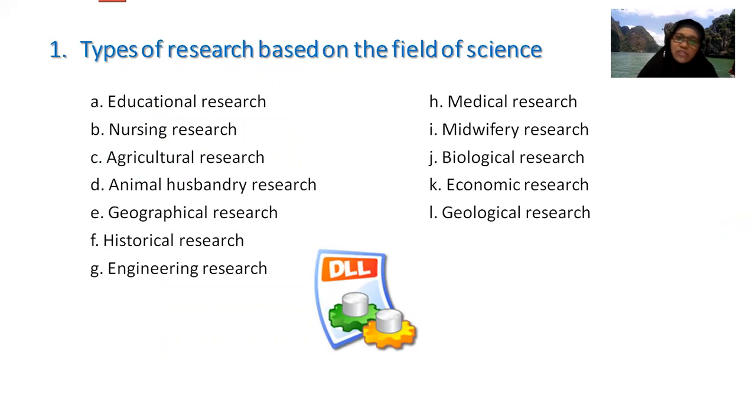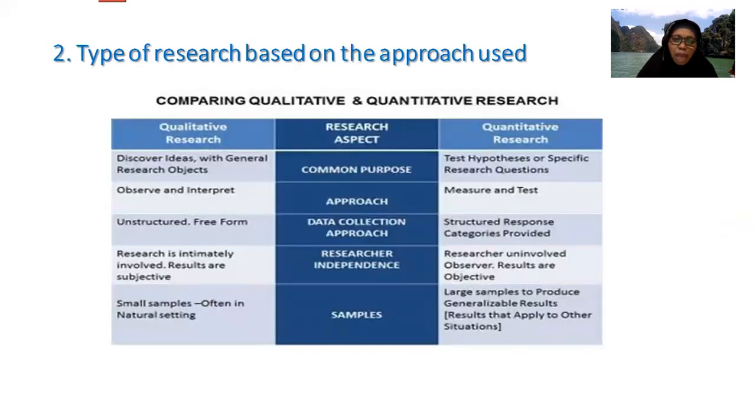That could be educational, nursing, agriculture, engineering, medical, economic, geological, biological. There are many subjects in science that could be a type of research. So this is based on the field of science. And the second type of research is based on the broad use, that could be qualitative research